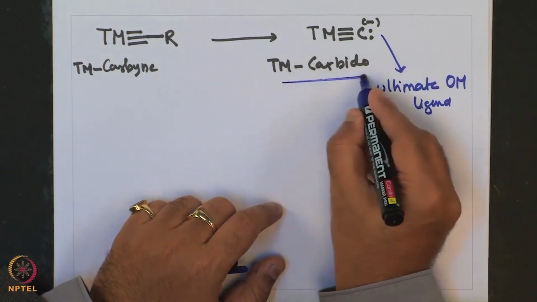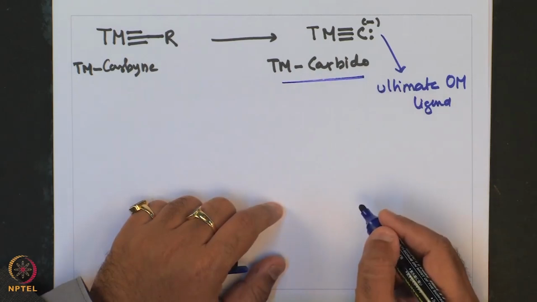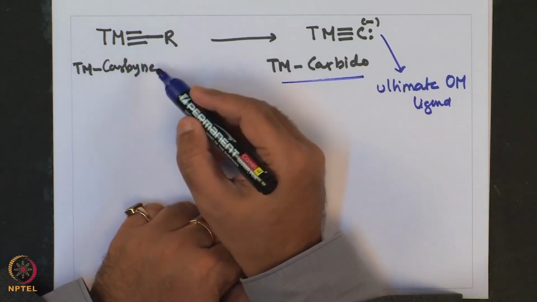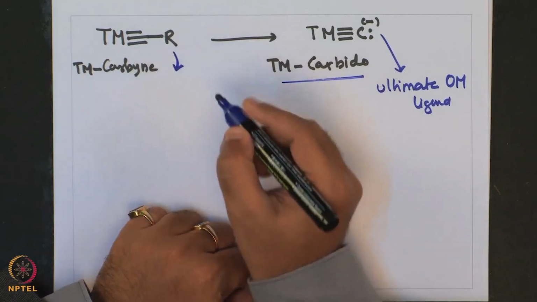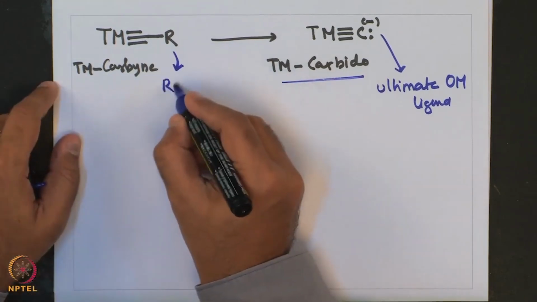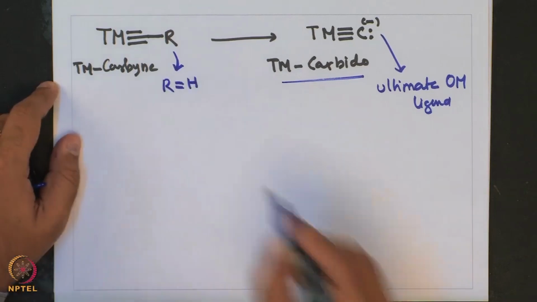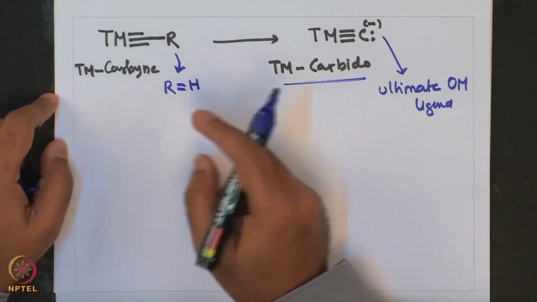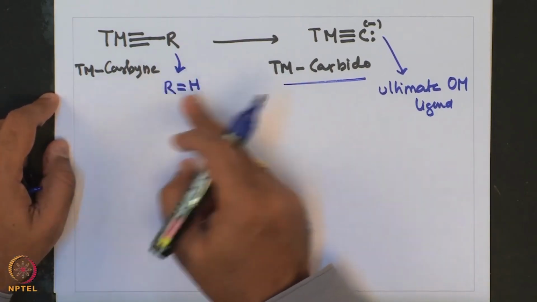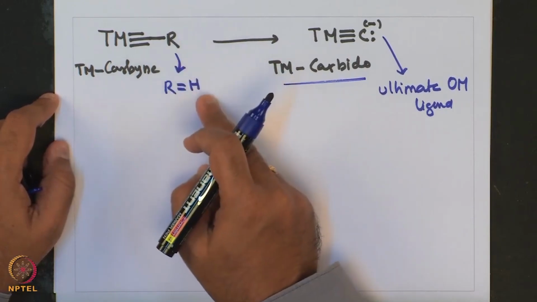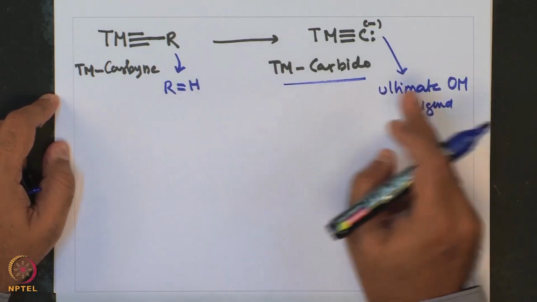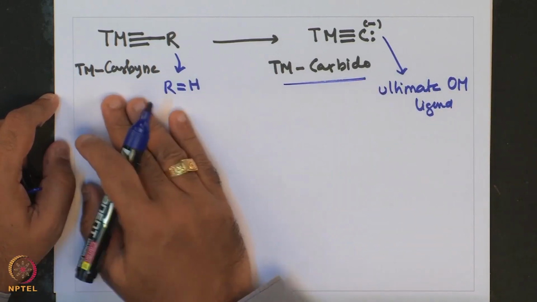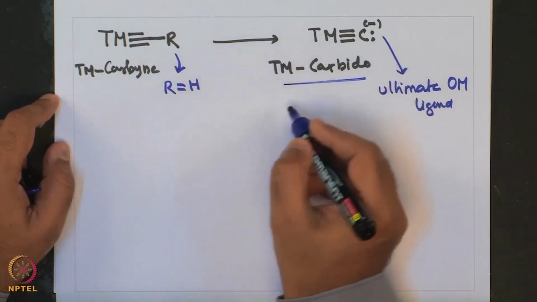These can be obtained from transition metal carbyne complexes, but this only occurs when there is a special criterion of R being hydrogen. Okay. So, when the carbyne complexes having R equals hydrogen are obtained, that can be converted to the ultimate organometallic ligand, where this carbyne moiety is converted to a carbido moiety,